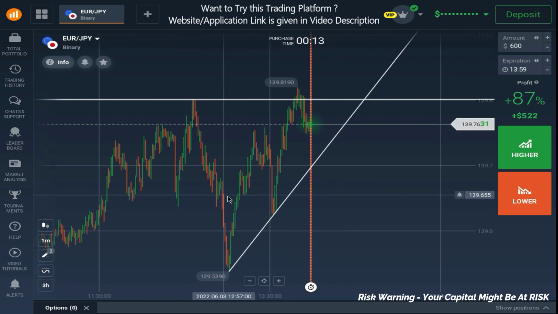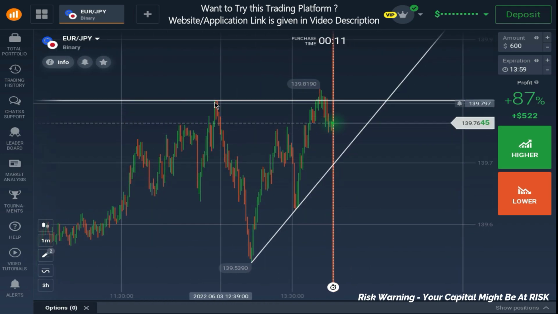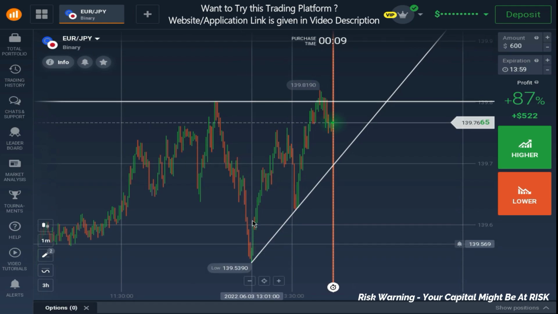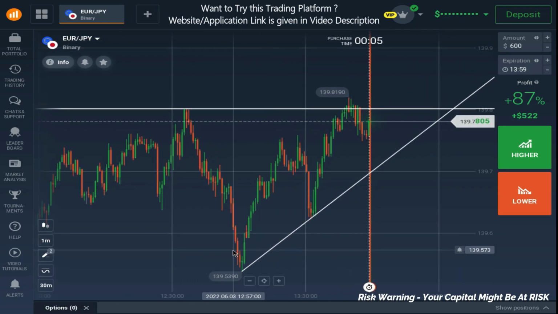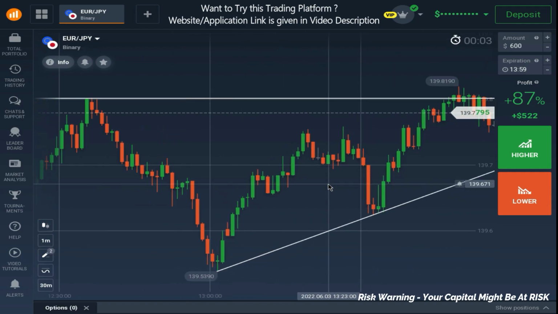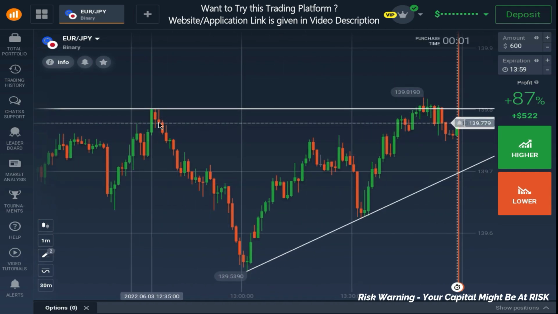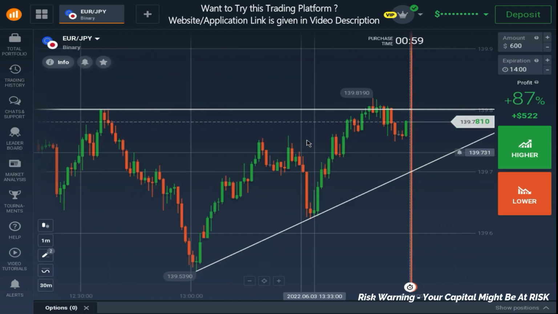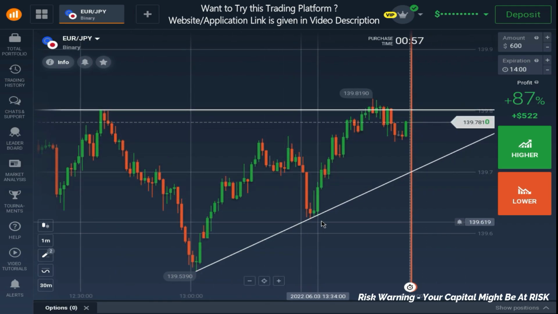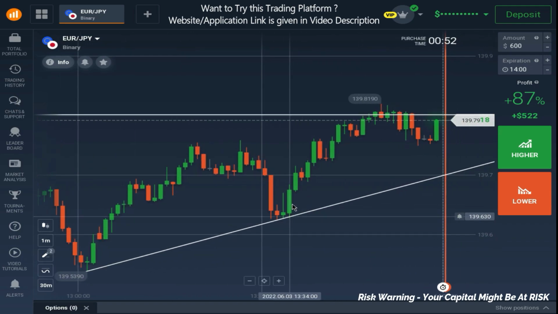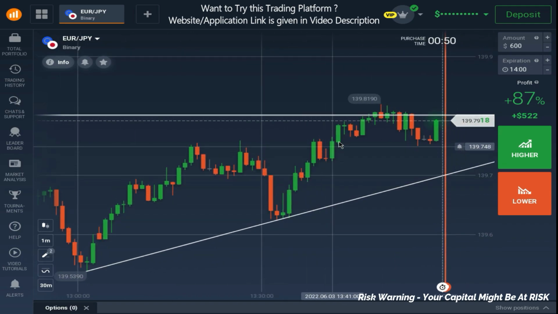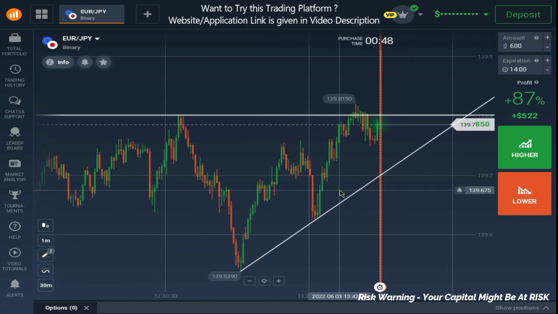direction. The reason is simple: the price action I saw here was showing that the market wants to fall down, but it turned out that the market went up and hit the extreme level of resistance. Now I didn't get any opportunity because the price action was not in our favor. I waited for the market to reverse, but as you can see, the market reached the height of this extreme